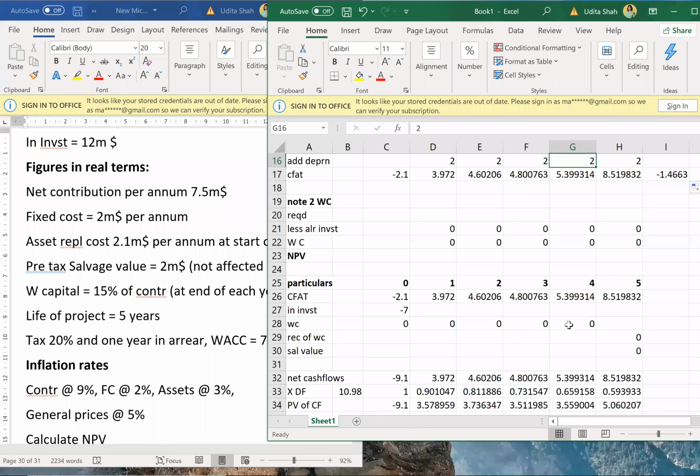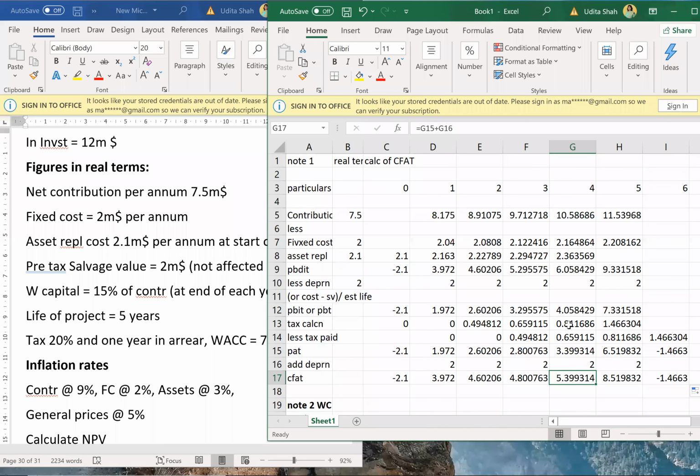So till CFT we have done. So do the NPV calculation, and if NPV is positive, accept the project. Okay, solve it on Excel sheet only. Okay, and send your Excel sheets to me on your WhatsApp group. Okay, so we'll check the homework for tomorrow. So that is your NPV with inflation.